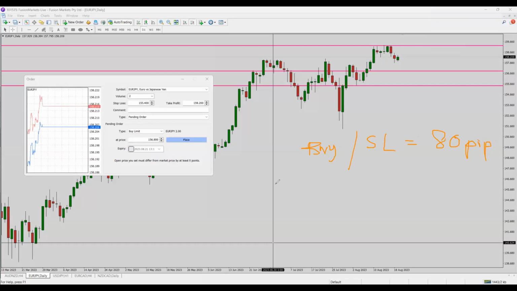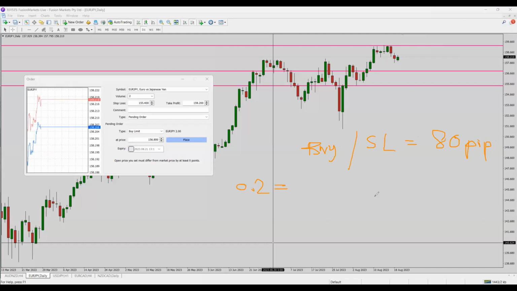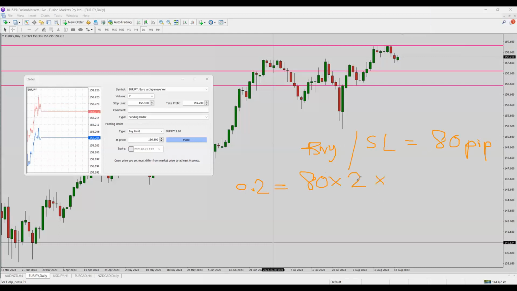So if you enter 2 mini lots with 0.2, that means if the trade doesn't work out, you will have a loss of 80 pips multiplied by $2 per contract. If you buy 1 lot, your loss will be 160.